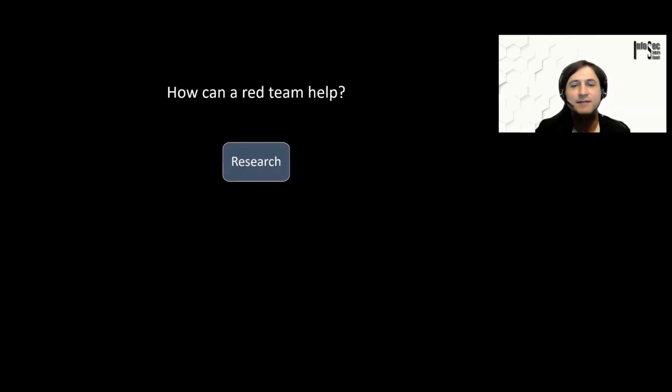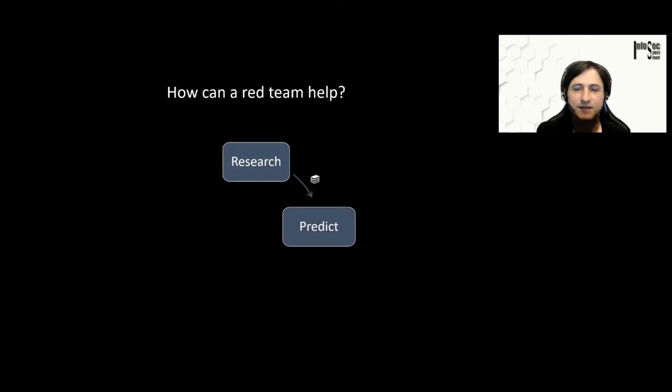So how can the red team now help in this whole move to this new world? Right, it's very similar to how it was in the past. Red teams need to do a lot of research around threat actors and understanding what adversaries the business might have. What would be the advantage? What would an enemy or an adversary actually want from the business? What would they try to exploit? From that research, the red team can make predictions, can create hypotheses on which scenarios are most likely to occur and what this would mean.